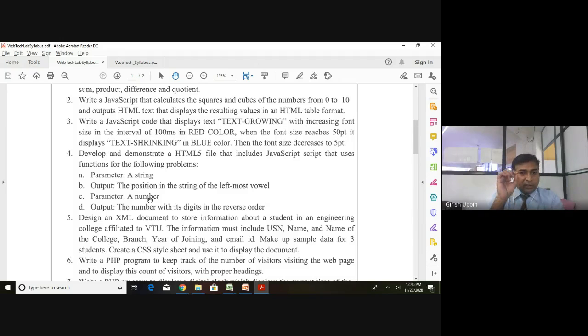You will have an index 1, and when you compare the first letter X, this is not a vowel, so you will go to the next. You will increment the position to 2. You will check, is Y a vowel? No. You will go to the third position. You will increment the index to 3 and check whether Z is a vowel. No. Then you move to the fourth position. You will make the index 4 and check whether A is a vowel. Yes, it is true. Then you will come out and display the number 4 as the output. That is what is requested here. That is what is required here: the position in the string of the leftmost vowel.